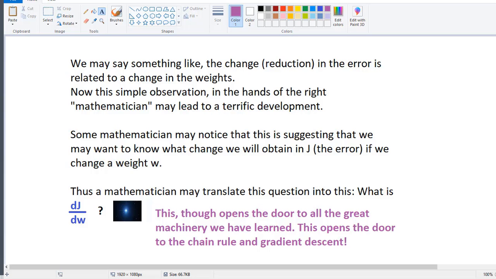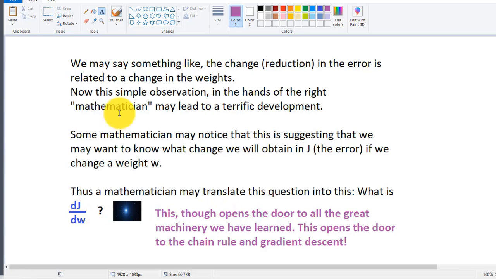But some of these people, who I guess we can attribute some level of genius to, recognized that this statement has a lot of power. So this simple observation in the hands of the right mathematician may lead to a terrific development. And some mathematician may notice that this is suggesting that we may want to know what change we will obtain in J, in the error, if we change the weight W. And thus a mathematician may translate this question into this: what is dJ dW? Now, once it gets translated into this,